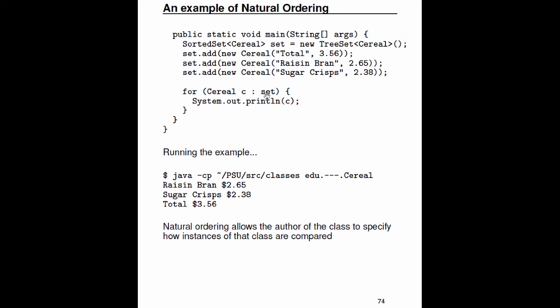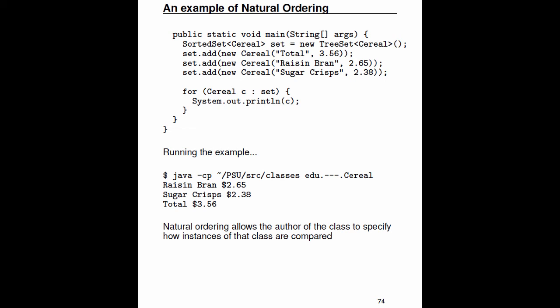And then I'm going to iterate over that sorted set of cereals and print each one of them out. When I run it, sure enough, they are printed in alphabetical order: Raisin Bran, Sugar Crisps, and Total. So what the TreeSet did is respect that natural ordering. When I added each one of these cereals, the TreeSet said, aha, this is an object that implements the Comparable interface. It's going to use the compareTo method of the Comparable interface to determine the order in which the cereals should